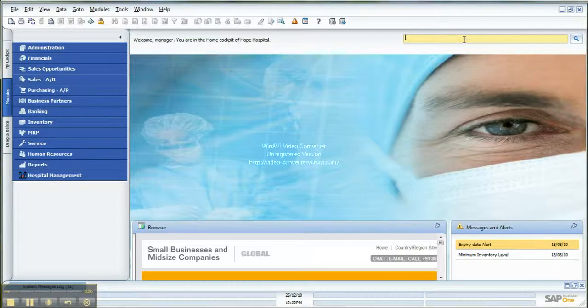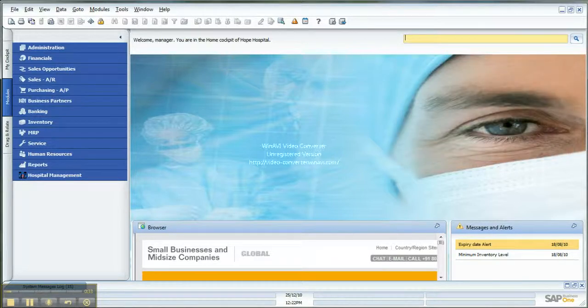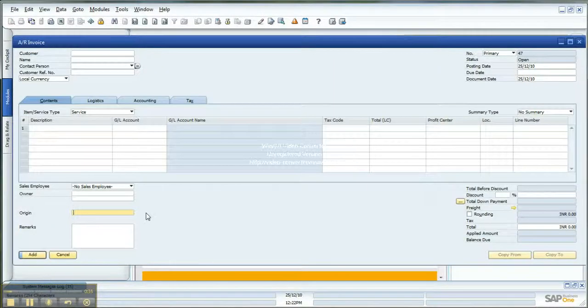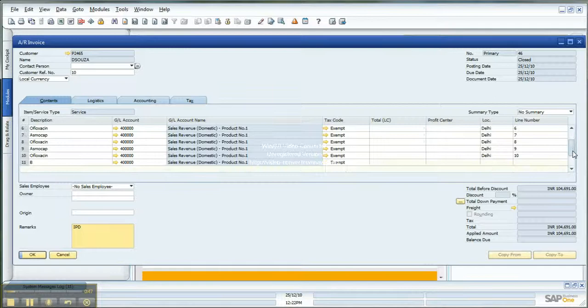So if you just choose the invoice for which the patient bill was generated, as soon as I open this, that particular bill got populated over here. From here you can see the bill of that patient. I've populated a bill record for a particular patient called John D'Souza. You can see the bill which we have already seen in the last presentation in another demo.